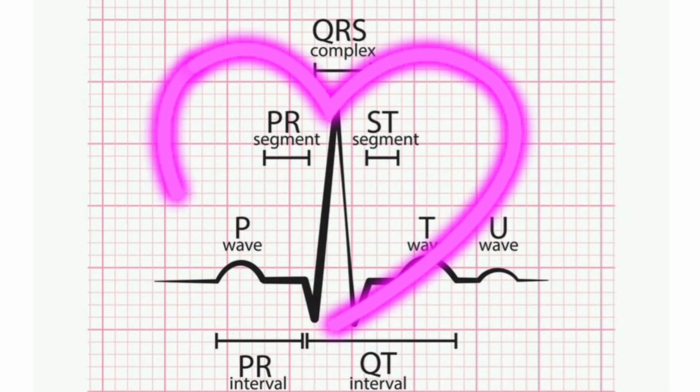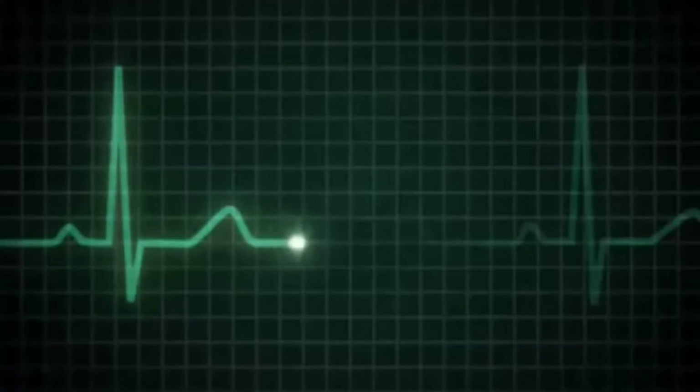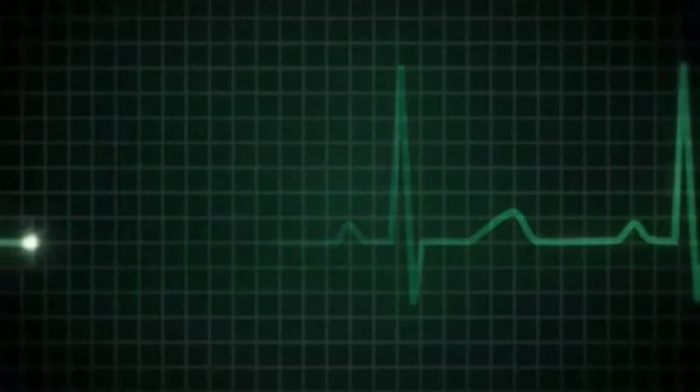Next comes the QRS complex or QRS wave. The letters Q, R and S together form the QRS complex. This represents the depolarization of the ventricles, which initiates the ventricular contraction. It marks the spread of the impulse from the AV node to the ventricles through the bundle of His and Purkinje fibers. The contraction starts shortly after the Q and marks the beginning of the systole.